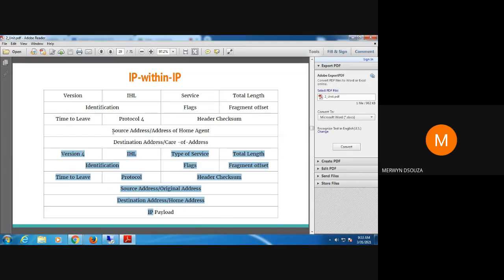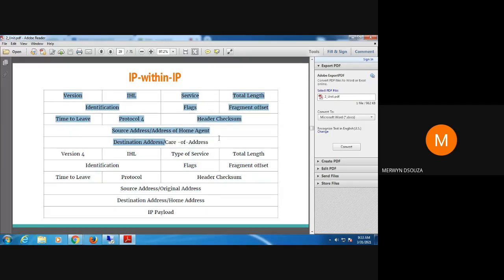So it puts a new header, this is the new header that it puts till here. Now the source address is the address of the home agent, and the destination address is the care of address, and all these things are calculated, checksum, flags, version and all that, and it's encapsulated. This process of putting an additional header is known as encapsulation. So you put this additional header, and this whole packet is now sent to the foreign agent.